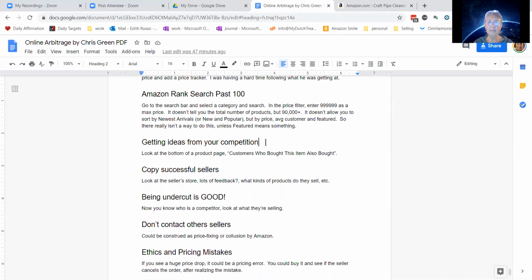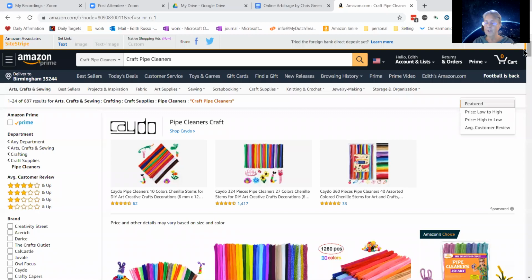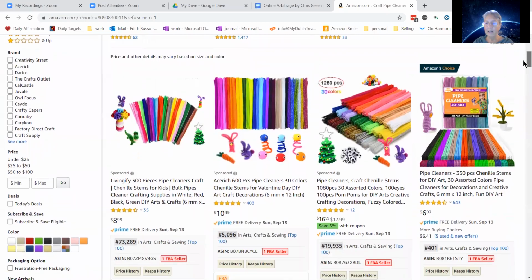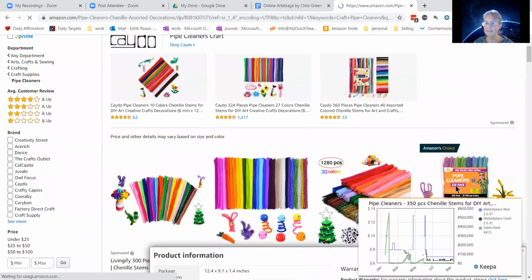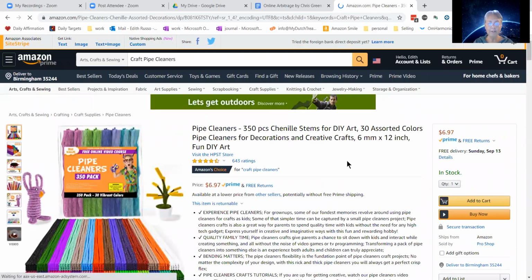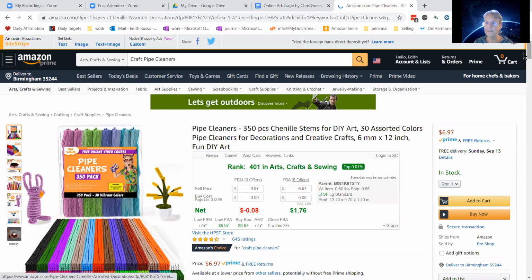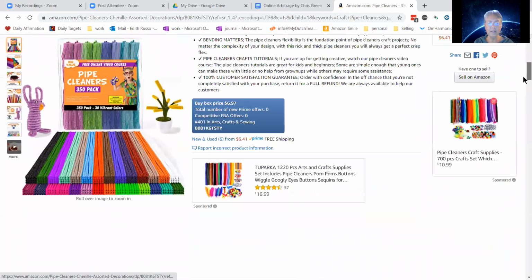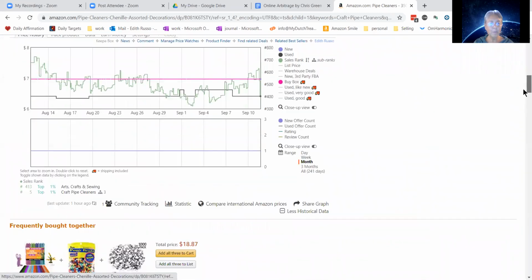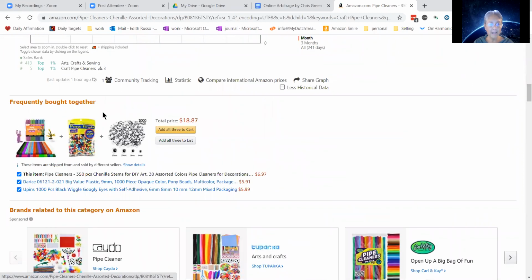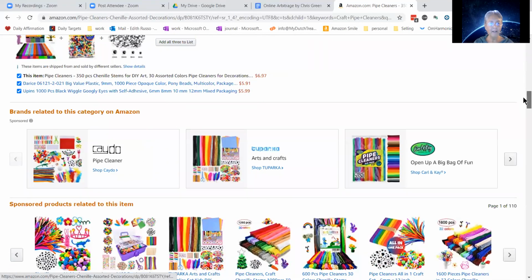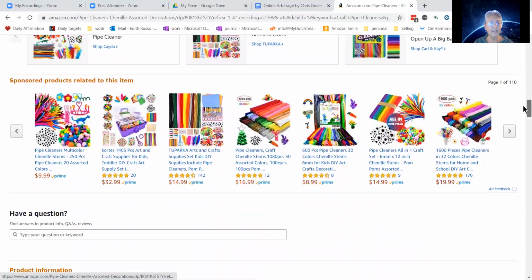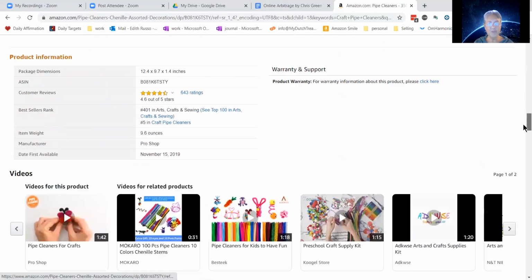The next thing Chris Green talked about was getting ideas from your competition. So if you were to look at a non-sponsored product, pipe cleaners, Amazon's choice, you can take a look down below. You can see frequently bought together. So these are great bundling ideas. Brands related to this category, which is sponsored. Sponsored products, questions, product info,